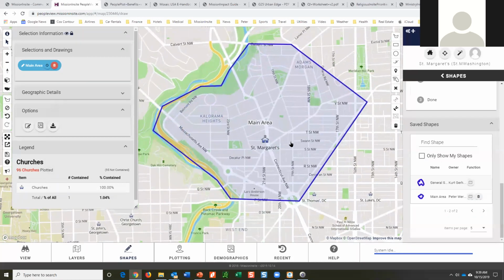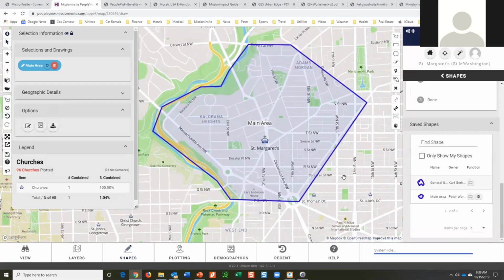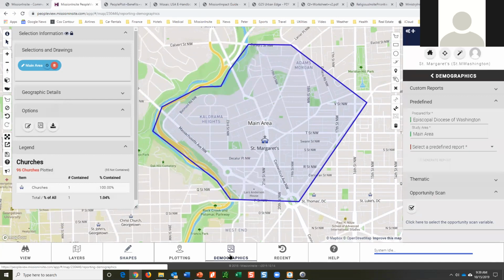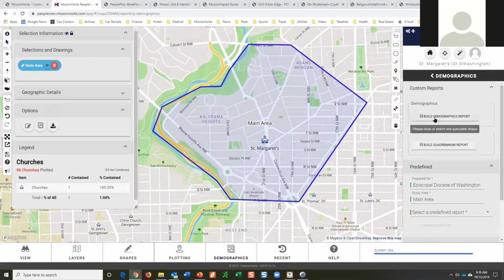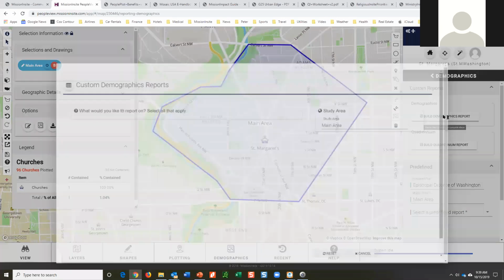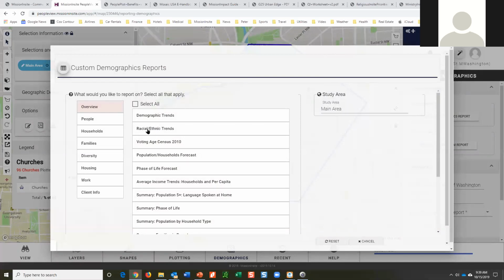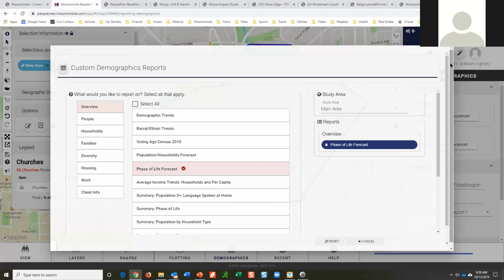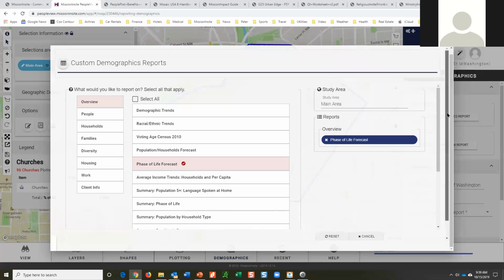So now I'm going to come here, and I'm going to say, I'd like to get some information about that. But I don't want one of those full reports. I'd just like to know how many school-age children live within that area. And so now I'm going to go to custom reports, because I went to my demographics, because that's what I want. I say custom. I'm going to say, I just want to build a demographic report for now. And I want age of life. So I'm going to do that. That's it. Let's just take a look. I'm going to scroll down.